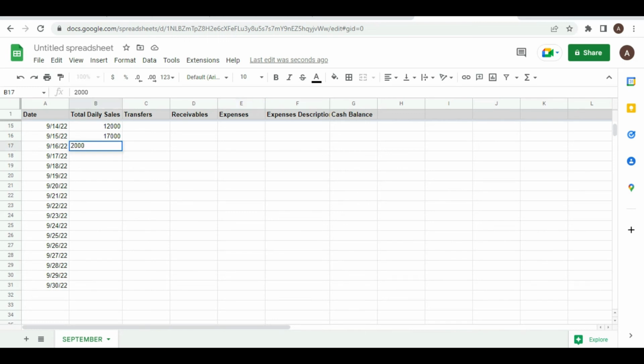Though we don't sell on Sunday, for the sake of this demo, let me fill out all the days, so I don't pick out any particular day for Sunday. But just trust me, you just have to be accurate with your own figures. It is very, very important that you're accurate with your figures. There's a mistake right here.